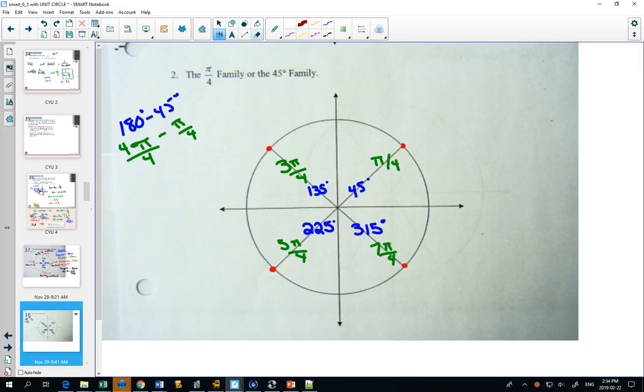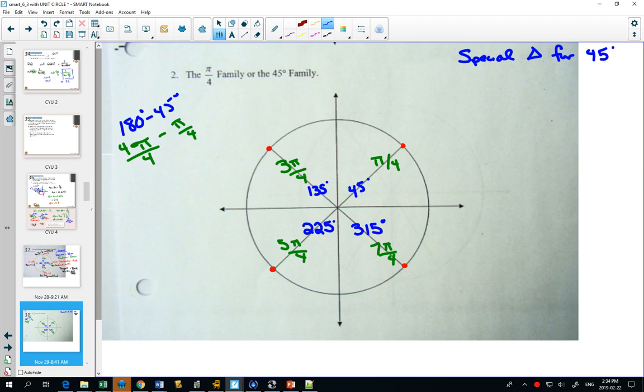Now, to find our coordinates on the unit circle, we're going to need to know what sine of 45 degrees and cos of 45 degrees are. And you have this little bit of space on your page right here. We're going to draw the same triangle. So I'm going to label up here, special triangle